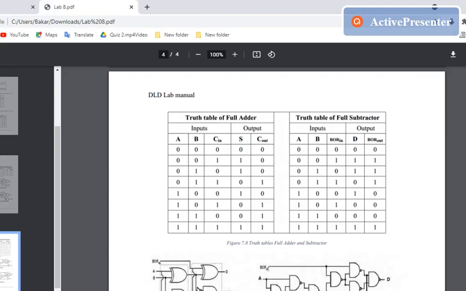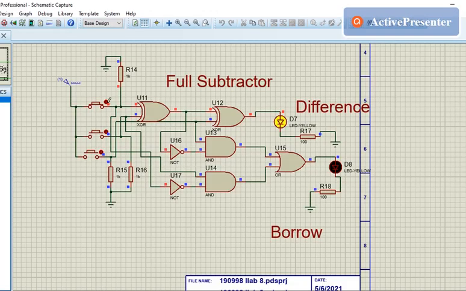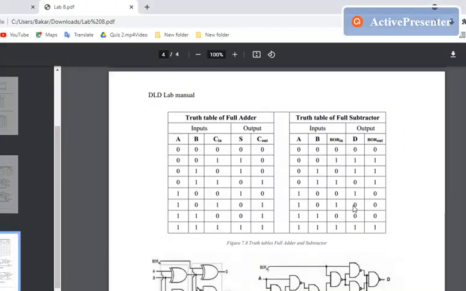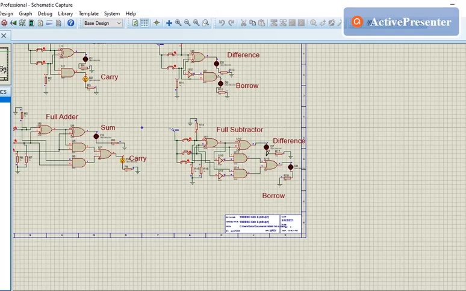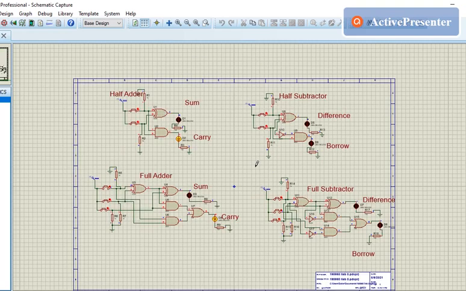And for 101, you can see the output is 0 0. So I hope that this will be enough for understanding the adder and subtractor circuits for today's lab.